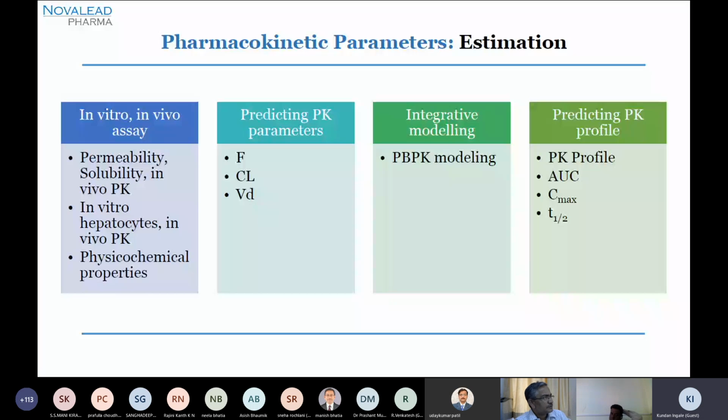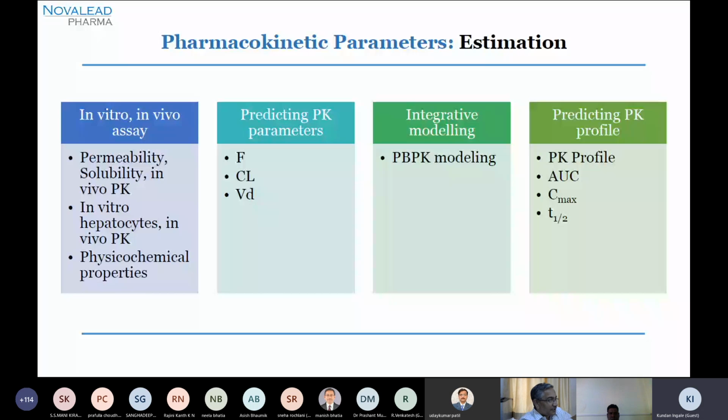Once you have certain experimental data, then you can start with the predictions where you can predict the bioavailabilities. There could be more parameters as well; I have just listed very few. It could be bioavailability, which is F, clearance, then the volume of distribution. Using these drug parameters, you can go for integrative modeling approaches where you can do PBPK modeling, which we'll be discussing in detail subsequently. Once you have this integrative modeling, you can go ahead and make an entire PK profile